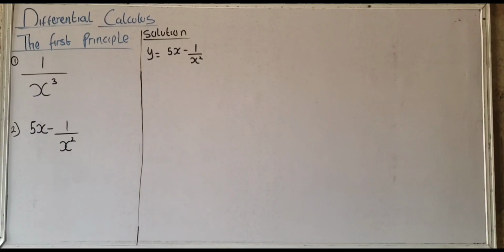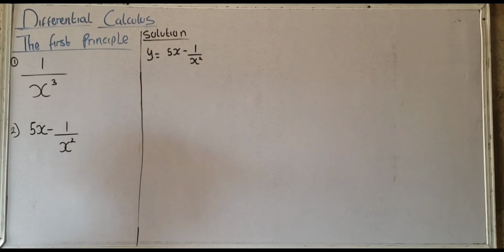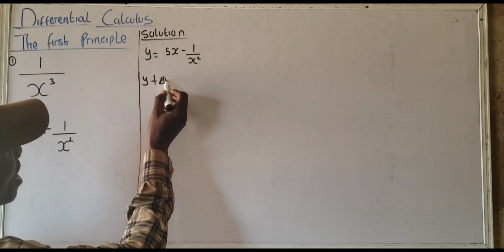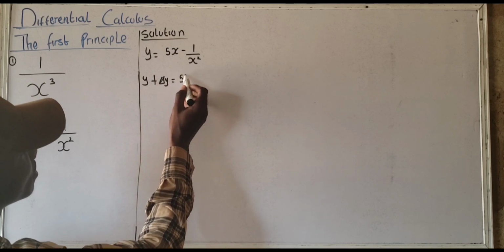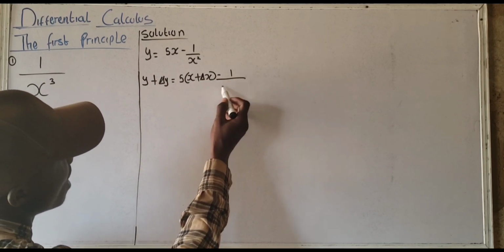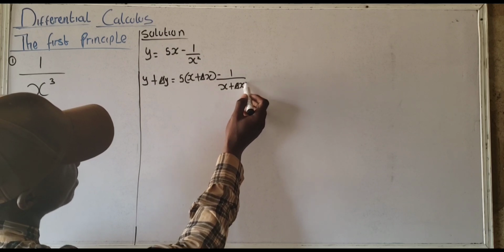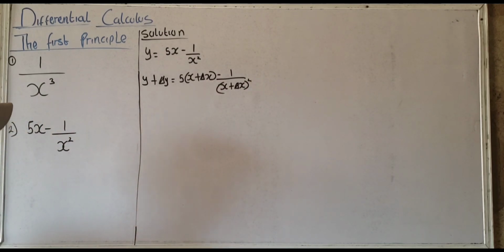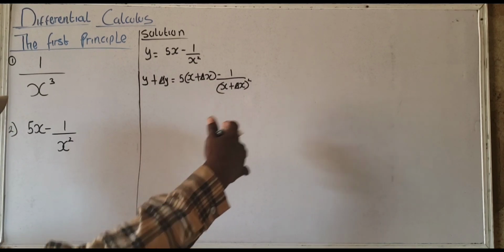Okay? The next step is that you have to increase x by delta x, and there will also be a corresponding increment in y by delta y. Hence, I'm going to have y + delta y equals (5(x + delta x) - 1) all over (x + delta x)². Okay? Now, having done this, the next step is that you can simplify the right hand side of the